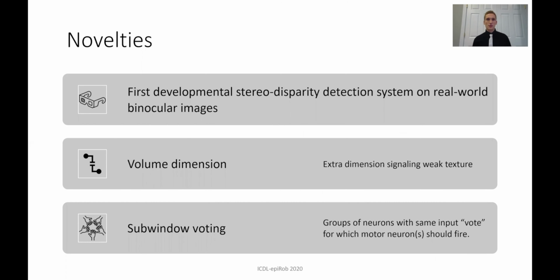In this project, we extended the past work to develop the first developmental stereo-disparity detection system on real-world binocular images. We also developed methods to better handle weak textures. With volume dimension, we add a dimension to each neuron's input vector that signifies weak texture by taking a large value when the other entries have low absolute values. For subwindow voting, we group the neurons into competition zones that share the same input. The neurons compete against each other, and the winners of each group get to vote for which motor neurons should